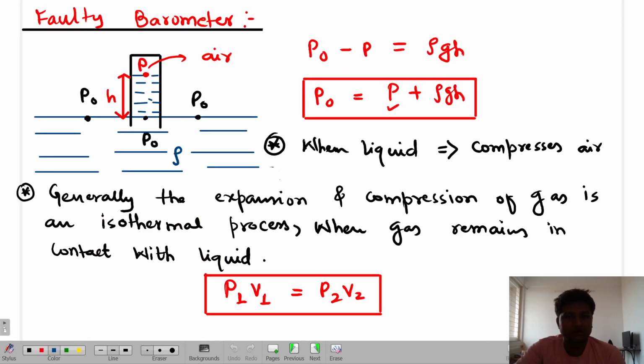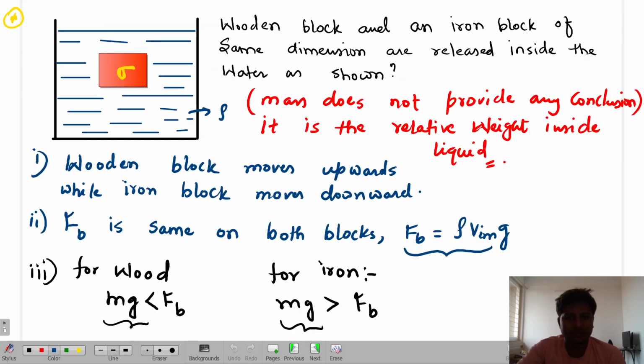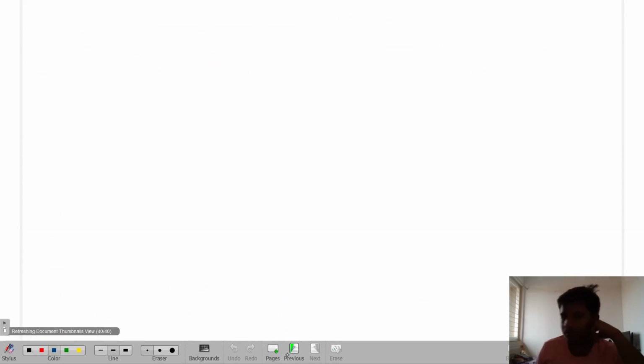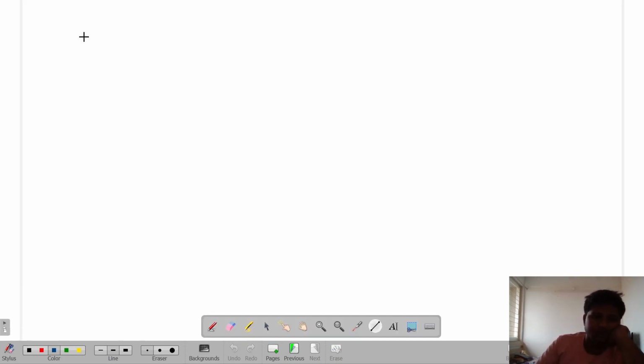So we got to know so many things about it. Let us go to one more concept, and that we call fraction of object immersed,